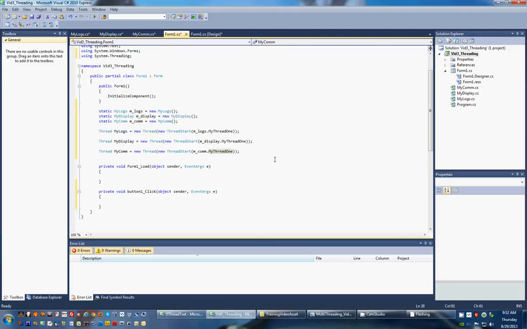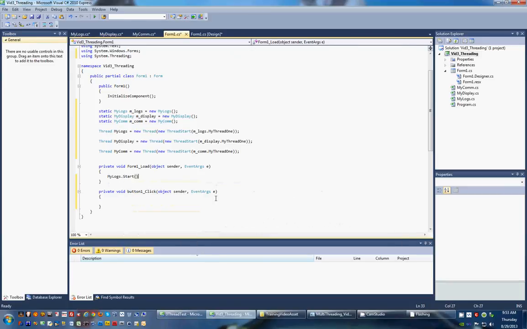So it'll be identified differently, not to mention it's identified differently by the different classes. So you can have all the same names. There is no concern with same names, although some people tried to keep everything different, but I like to keep them actually mostly the same and only change the headers if I can, but that's just my preference. So now in the form load, we have nothing more to do than to start